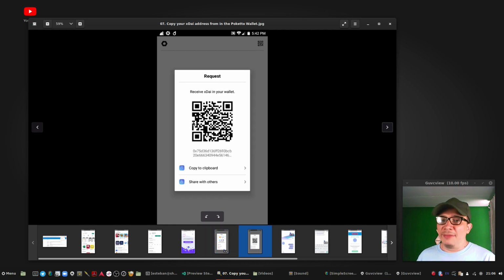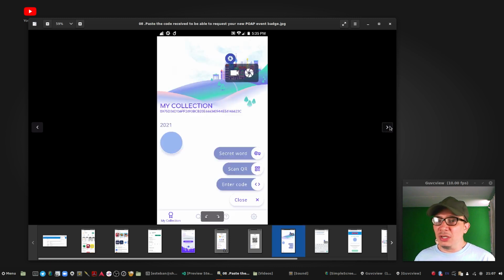Okay, and in the next step, still on the Poquito wallet, we can receive the XDAI in the wallet by copying this address. It is the address that we need. Copy it to the clipboard, right, and then continue. Okay, the next step is to go back to our PoApp application where we enter our wallet address that we copied.